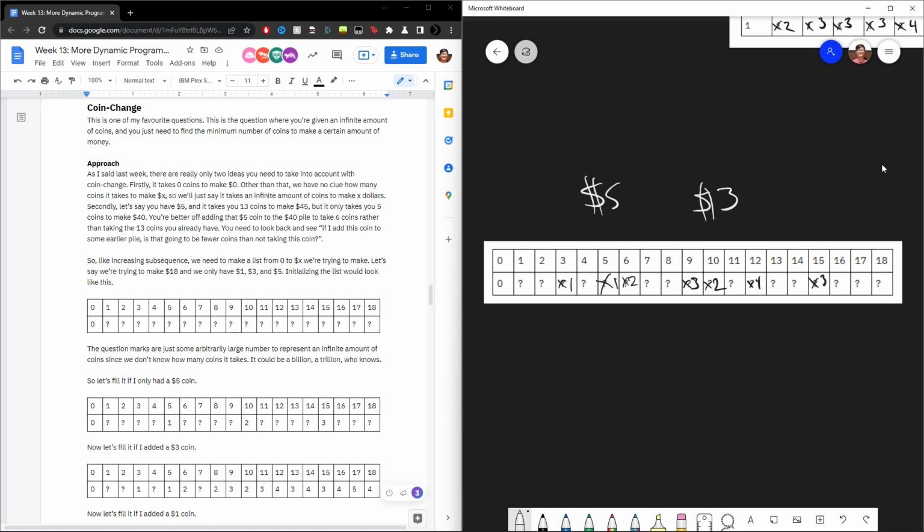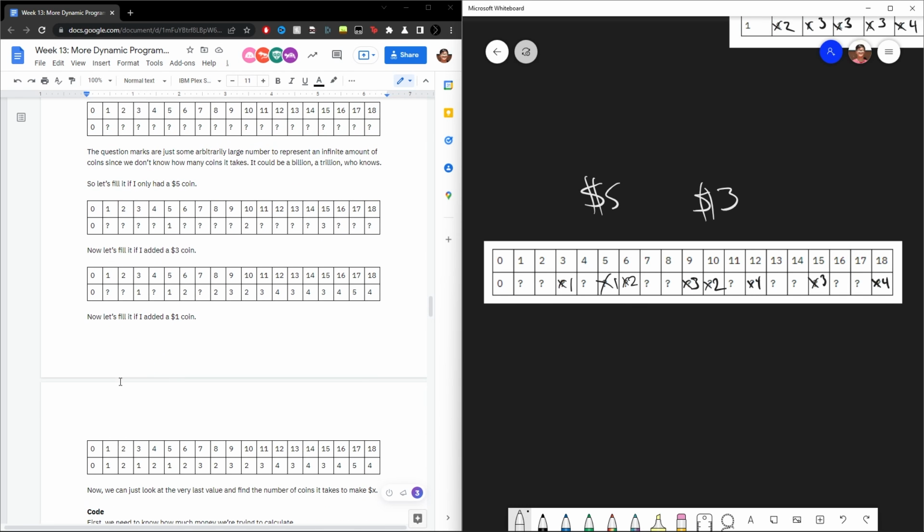Is 4 coins better than some arbitrarily large number? Yes, it is. Now we update it, and now it takes 4 coins. And then we add the $1 coin. The $1 coin, we just loop through, and it fills this whole thing. So if I loop through again, with the same mindset, 1, that says it's 1, 2, 2, 3, we don't change. 4, now it's 1, 5, 6, 7 is 3, 8 is 4, 9, 10, 11, 3, 12, 4, 13,